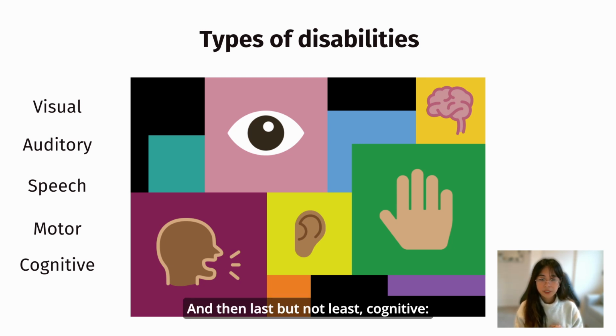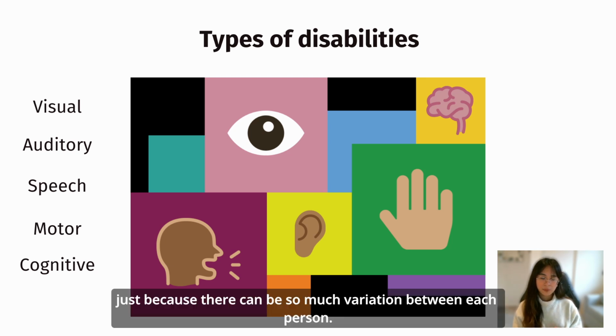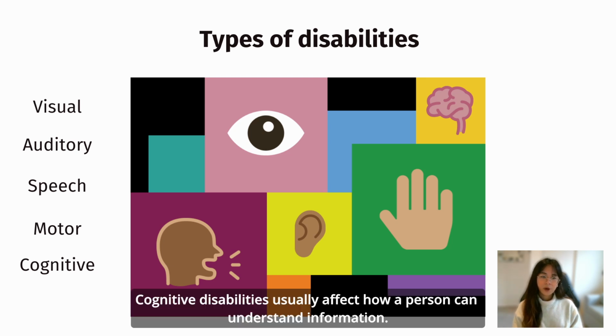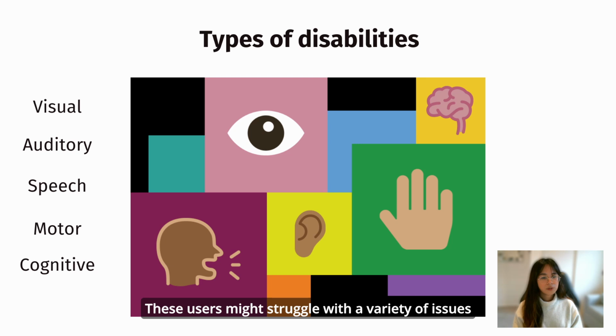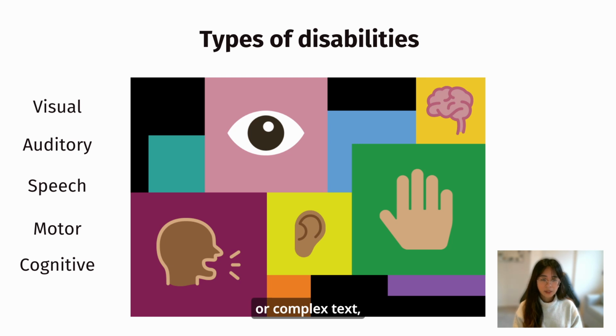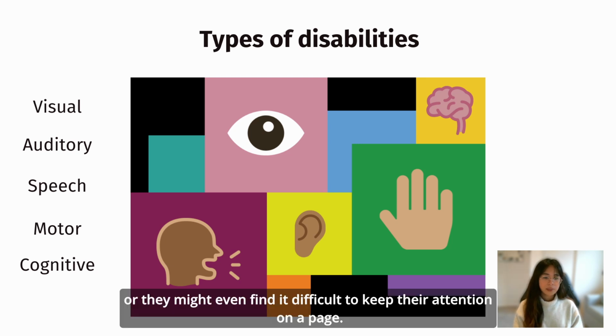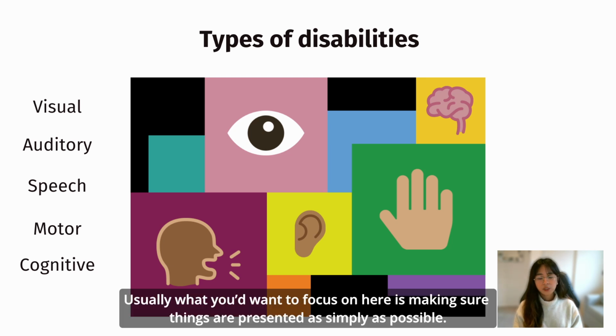And then last but not least, cognitive. And this one is probably the trickiest to tackle, just because there can be so much variation between each person. So cognitive disabilities usually affect how a person can understand information. So these users might struggle with a variety of issues. For example, understanding complex page layouts or complex text, or they might even find it difficult to keep their attention on a page. So usually what you'd want to focus on here is making sure things are presented as simply